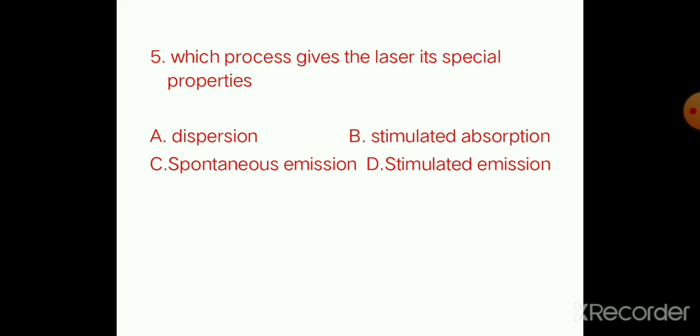Fifth one, which process gives the laser its special properties? A. Dispersion. B. Stimulated absorption. C. Spontaneous emission. D. Stimulated emission. Answer is